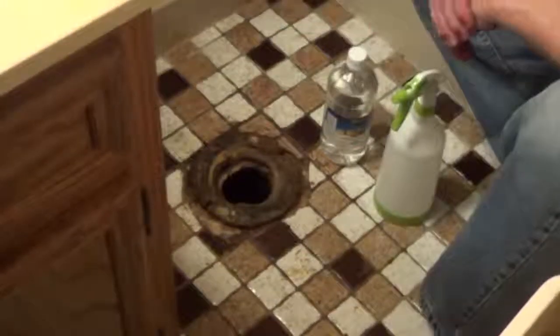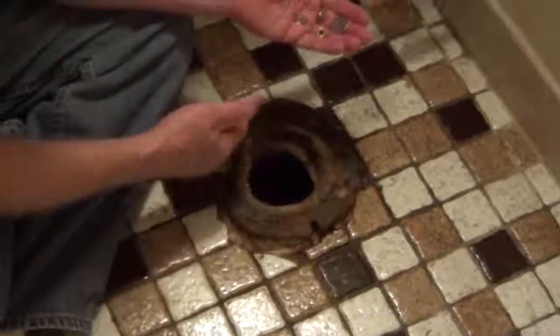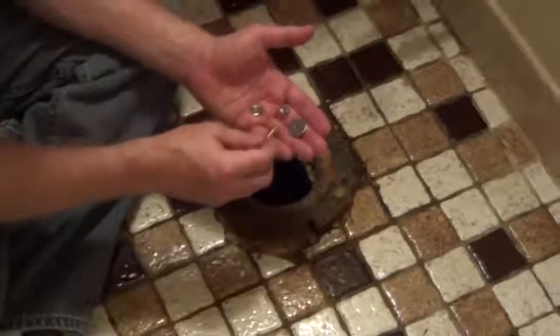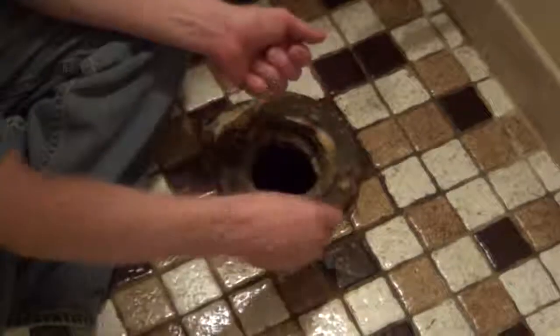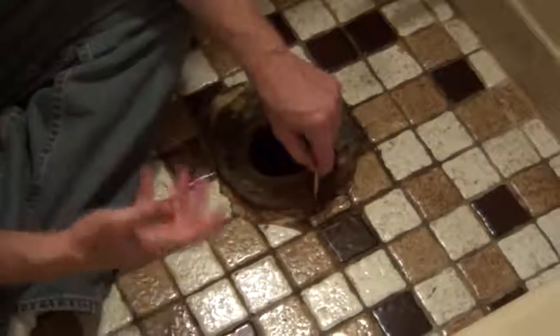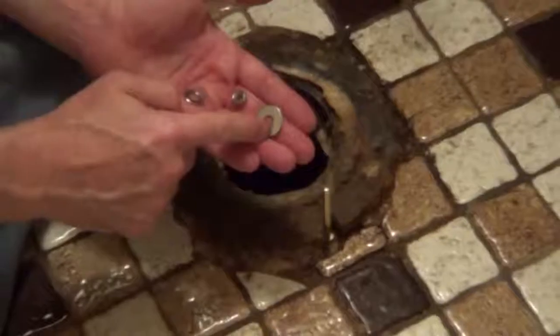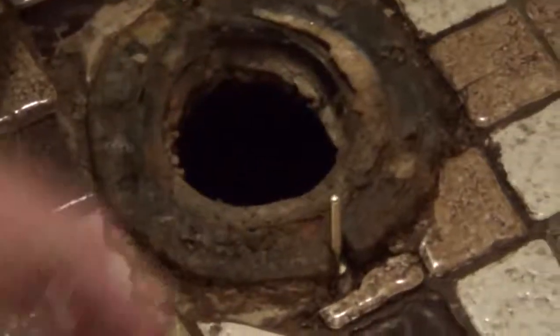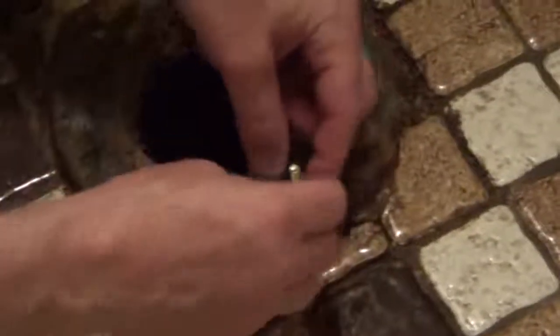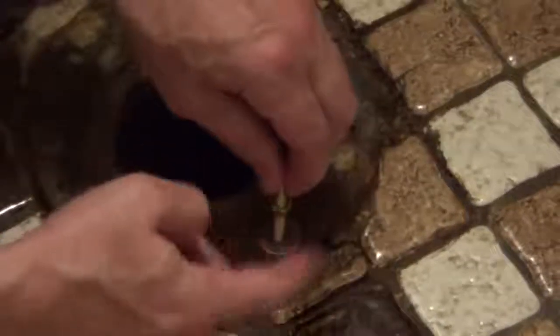Okay, so you saw what a hassle it was on this bolt here. We actually had to cut it off because the nut rusted to the bolt itself, and then the whole bolt was spinning underneath this flange, so we couldn't remove it. So a trick I like to do is buy an additional stainless steel washer and a stainless steel nut, and I'm just going to attach this toilet bolt right to the flange,